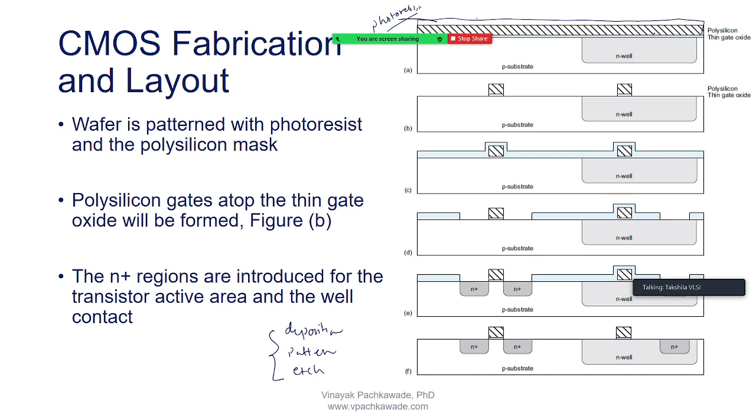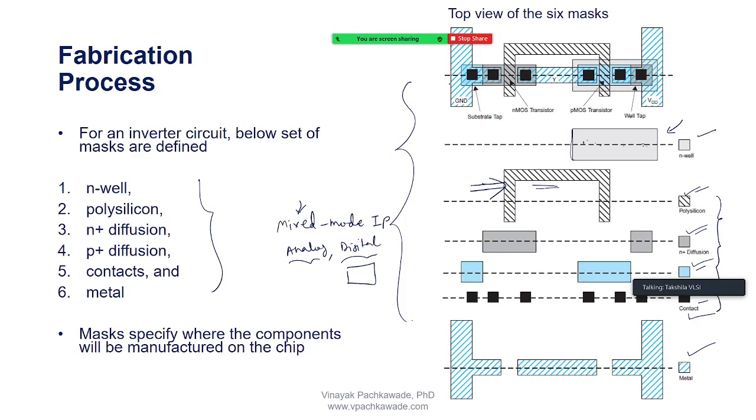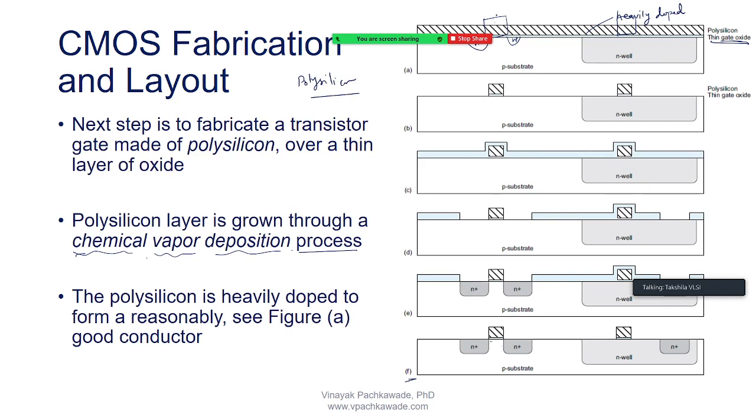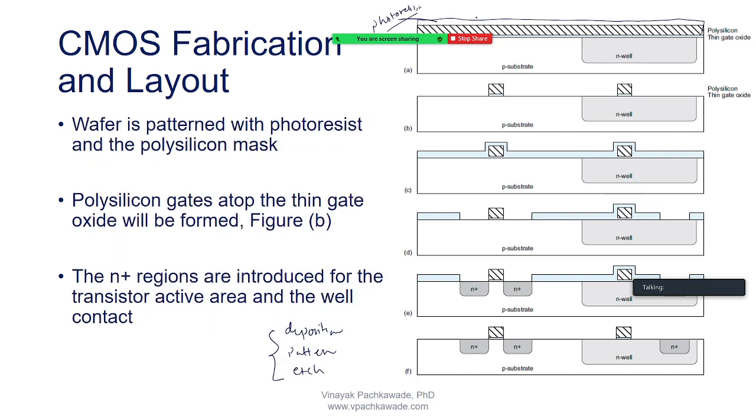Then I go for a polysilicon mask. So I know this polysilicon mask looks like this. In this area I have drawn the squares. That is where I will place my mask, and the light will then come. Ultraviolet light rays are coming all over the wafer, but only in the area where the mask is defined, the light will pass through that, and because of that the photo